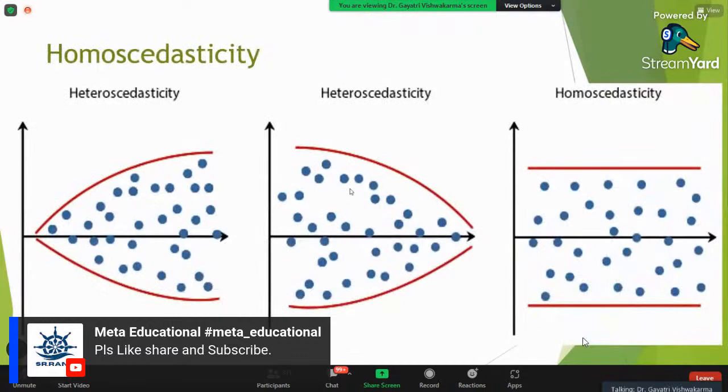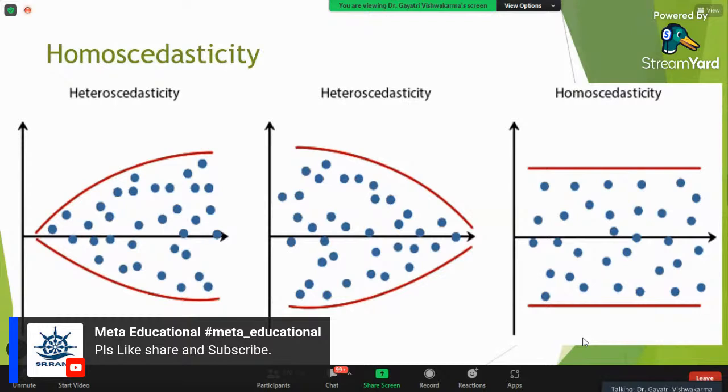Then the next assumption is homoscedasticity. Again, the first thing is every time you are looking at the scatter plot to find out this assumption. As you can see, the first two scatter plots show heteroscedasticity. What is heteroscedasticity? It is showing you the variation related to the residual which we are getting.